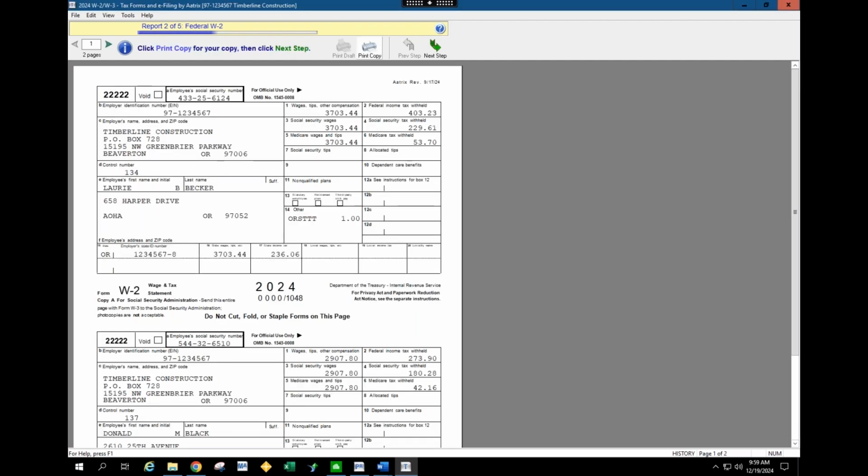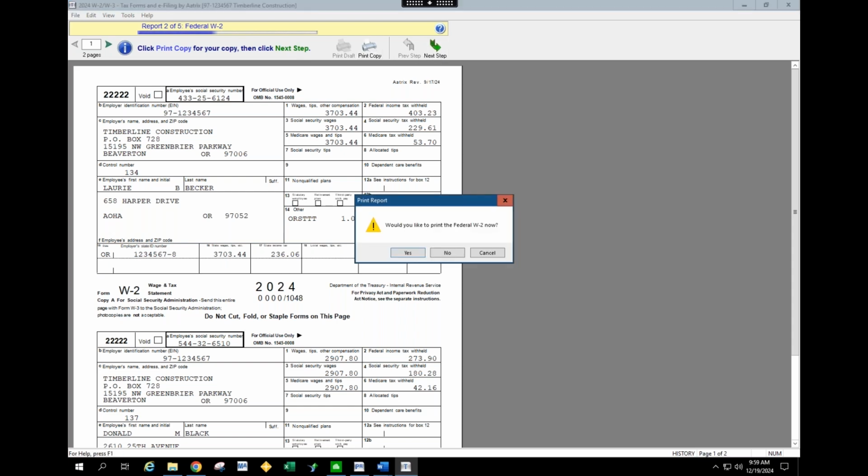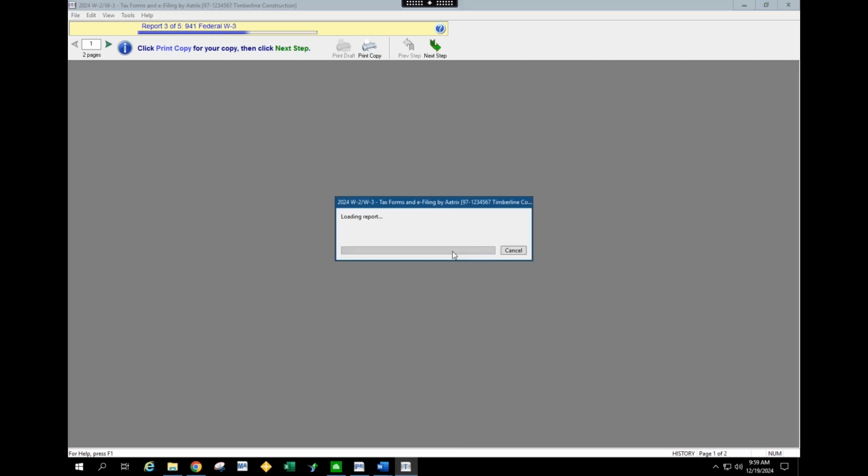You can print a copy for your own record, right? But it's not something you would file. Atrix would send that and e-file that for you. Same thing with the